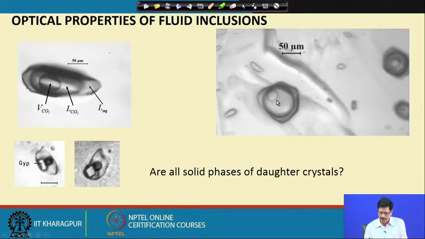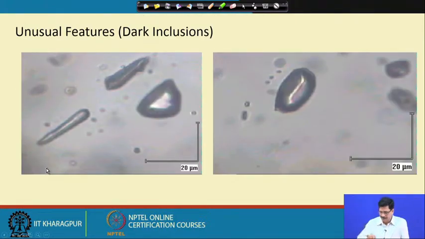As against liquid water and water vapor, the case we just saw before, which formed a very dark rim around the vapor, in the case of carbonic liquid and carbonic vapor, because of the low contrast in the refractive index between carbonic vapor and liquid, the dark rim separating the liquid carbon dioxide and the vapor carbon dioxide is pretty thin. Similarly, the boundary between the two liquids, the aqueous liquid and the carbonic liquid, is also pretty distinct and can be very well observed. So, these are examples of some of the polyphase inclusions.